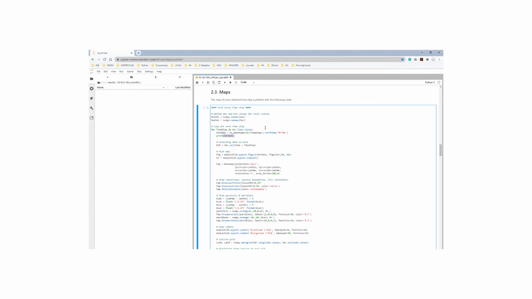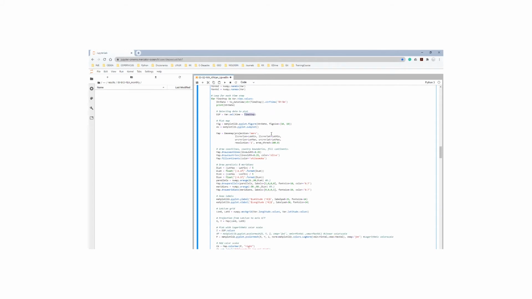We can print this string, and then we create another variable selecting a part of the data stored in var. In this data to plot variable, we are selecting the specific time step we are trying to plot in this iteration of the loop. And from here we start to plot